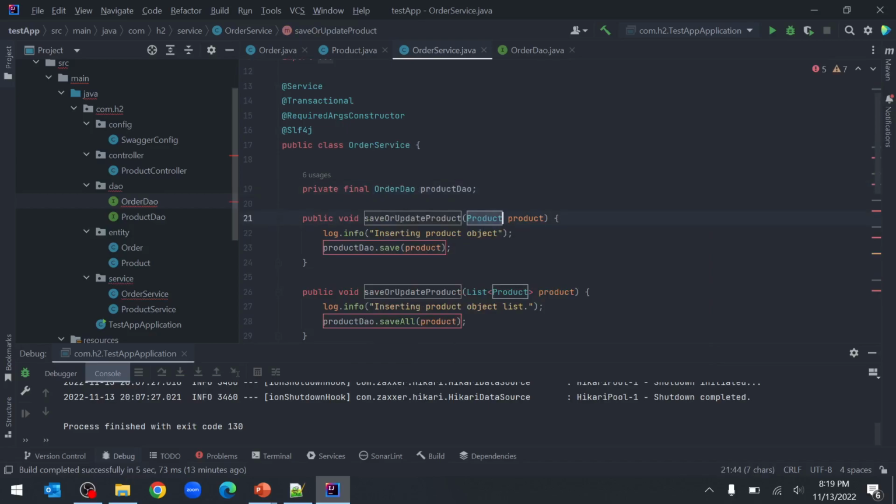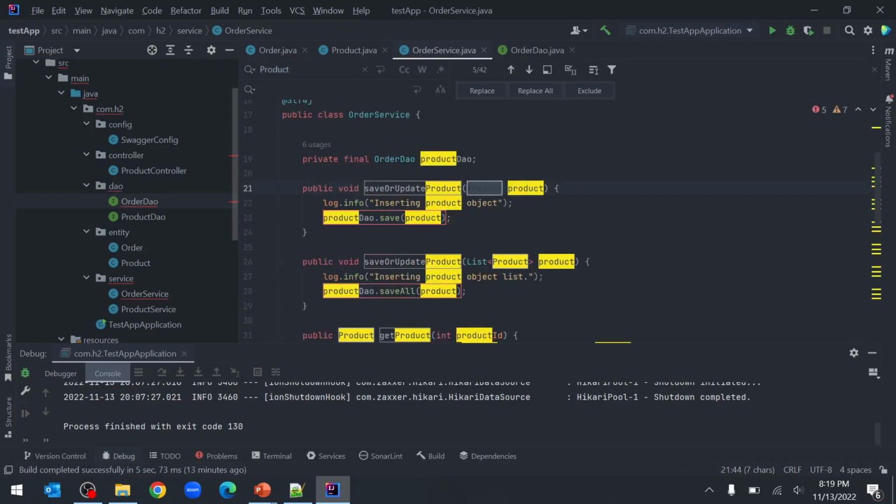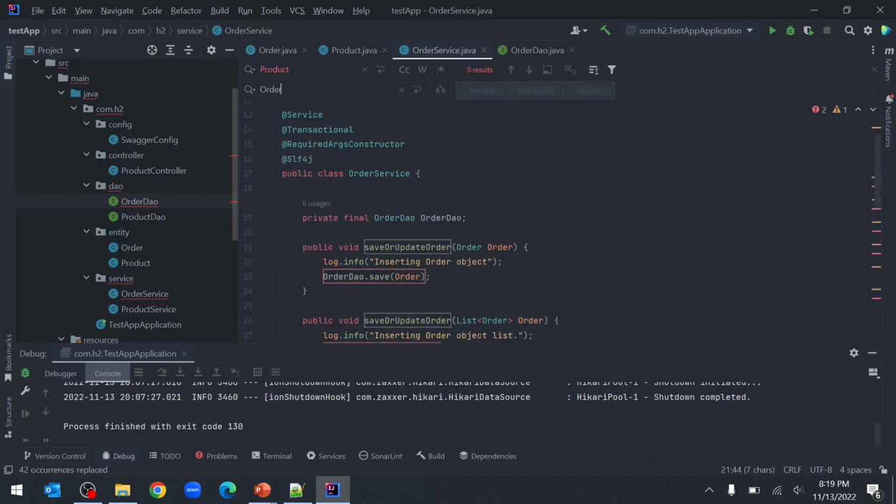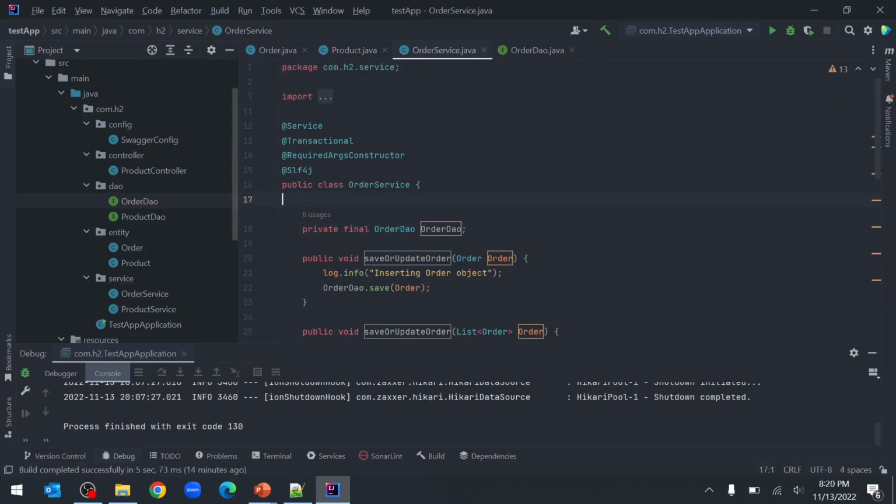Now we will replace all the product by order. By using RequiredArgsConstructor provided by Lombok, and by using the private final keyword, we did the constructor injection